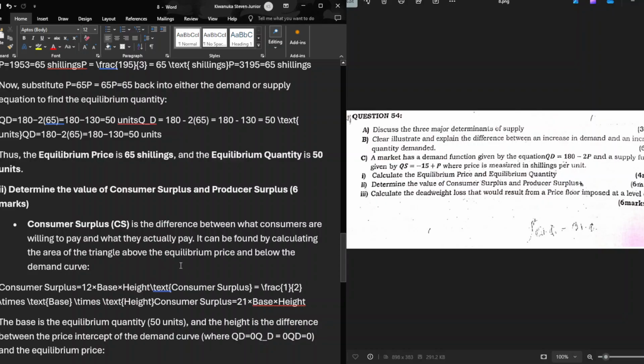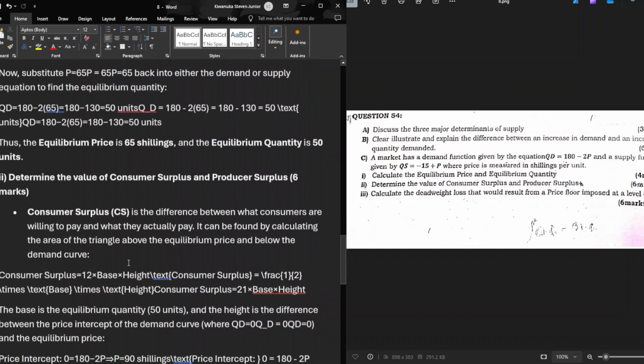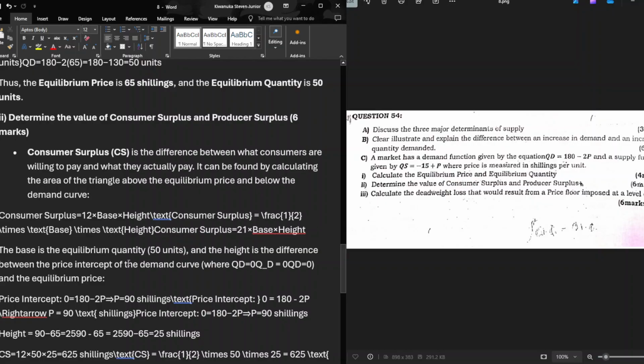It can be found by calculating the area above the equilibrium price but below the demand curve. I think we are clear about that. I really don't know how to illustrate this because I don't have a pen, but I will give some highlights. This is supposed to be a half, 1 over 2 times base times height,